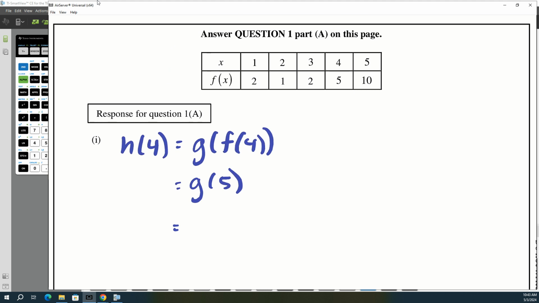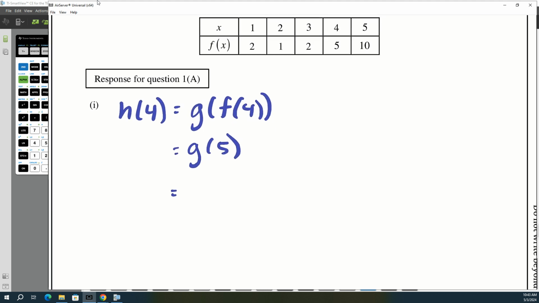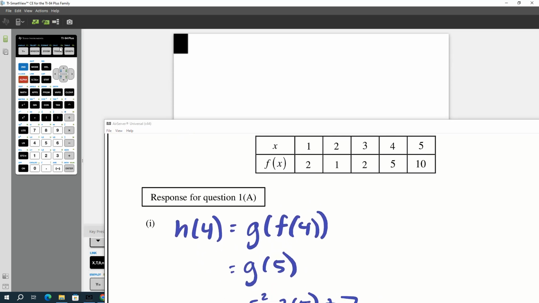All of the perfect sample solutions have a step right here where they take 5 and put it into g. So they do 5 squared minus 2 times 5 plus 7, over 5 plus 5. That's what they put in the sample work. I don't know if you have to do that. I do know that I probably wouldn't find the answer that way. I probably would do y1